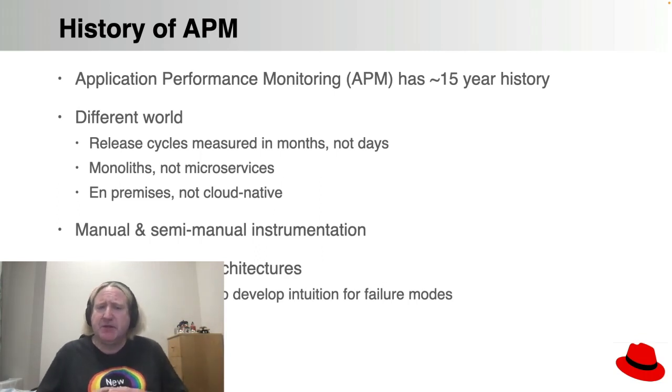And what this means is that, well, two things. Because the architectures are stable for a period of months, a good operations team can get a handle on how the architecture behaves. They can develop intuition for how the different pieces of the architecture fit together, the kind of things that can go wrong. And so if you have a sense of what can go wrong, you can make sure that you gather data at those points and see whether things are going to go wrong.